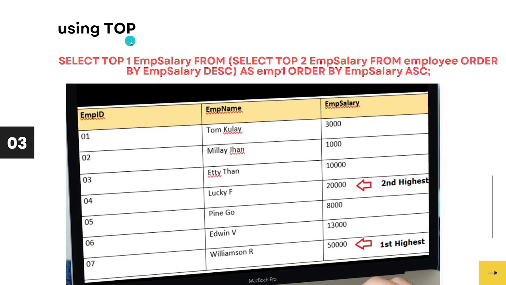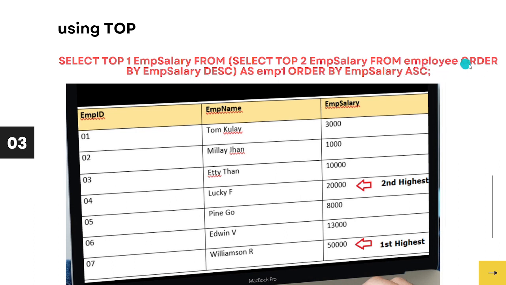Similarly, by using top, we can fetch the second highest salary from the employee table. Here you can see the query. As usual, there is an outer query and there is an inner query. The query inside the braces is called the inner query, and we know the inner query will be executing first: select top 2 salary from employee order by salary descending.